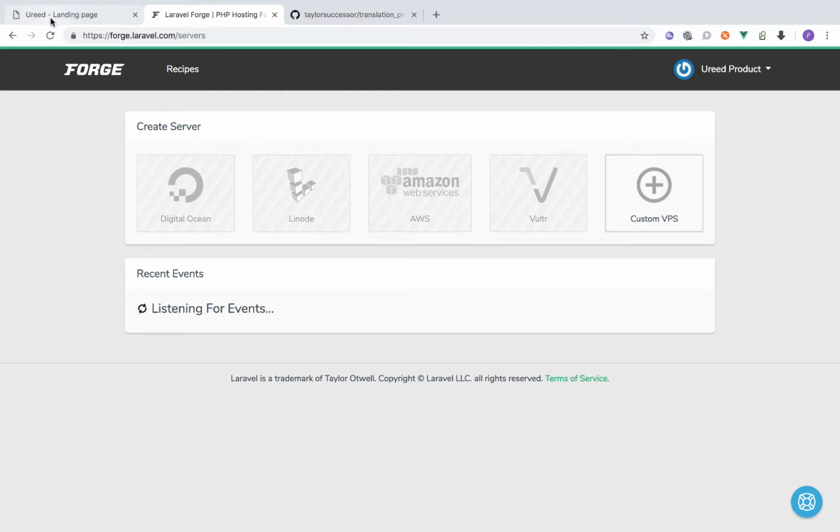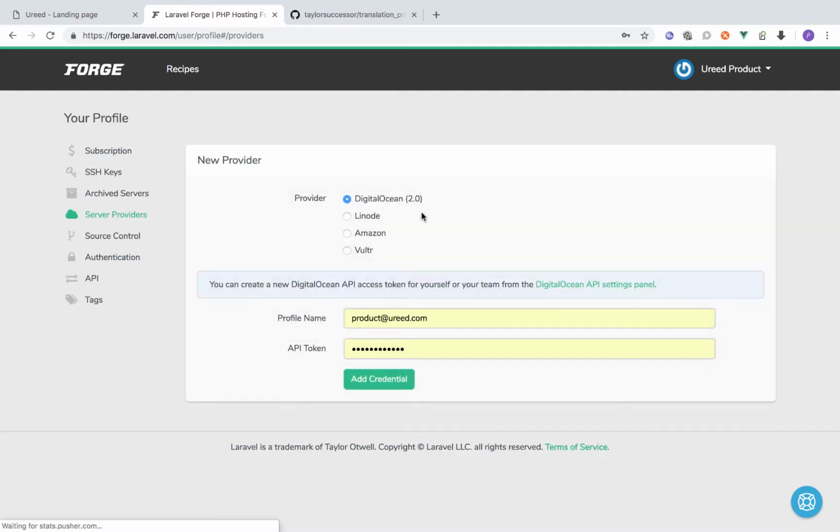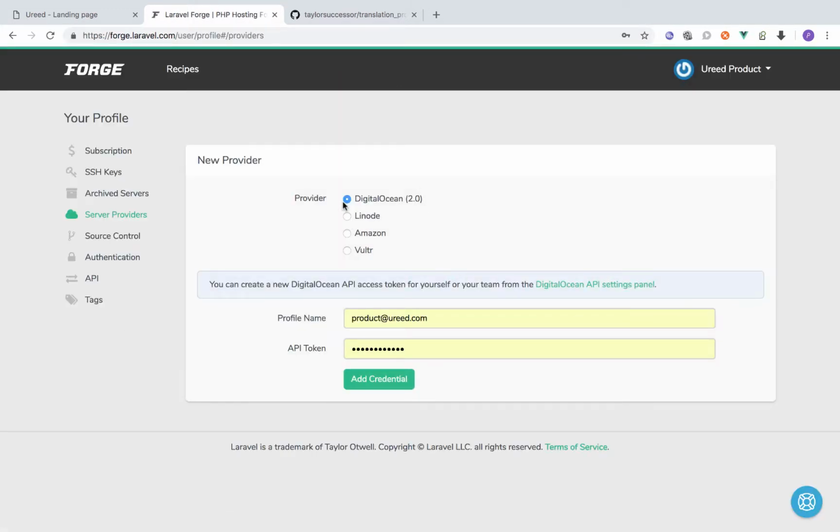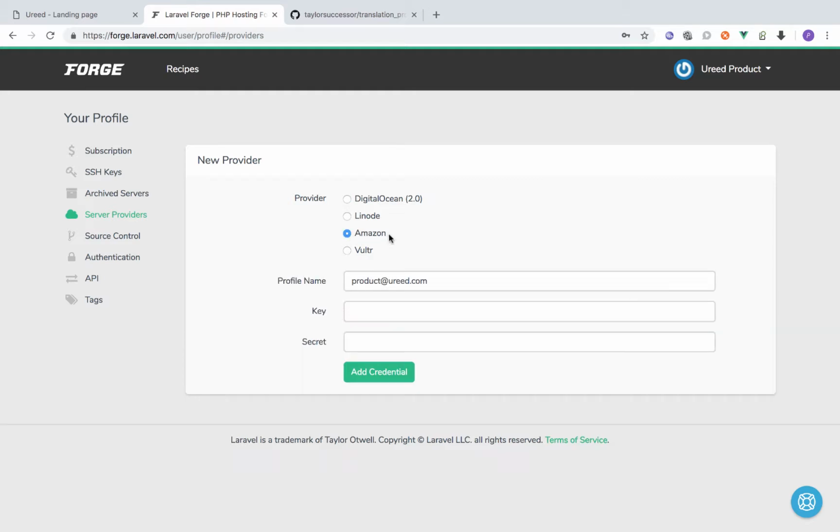First, we have to create a server on AWS. When we click on forge.laravel.com, then we click AWS, we add our credentials from Amazon. To get the key and the secret, we have to go to AWS,